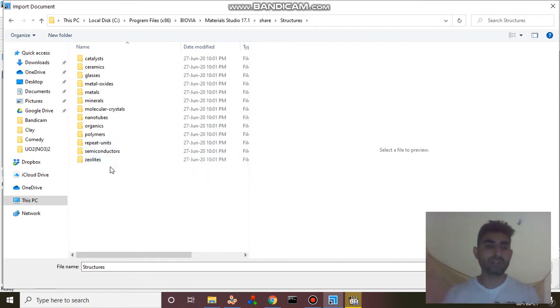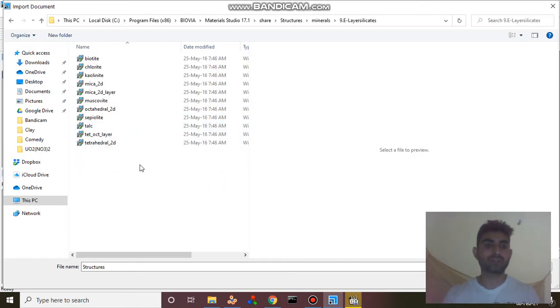So right now I'm just looking at the creation of a system, some aqueous system with some material interface. So I'm selecting a mineral over here. I'm selecting a silicate, for example, there are some layer silicates. So layer silicates, there are a lot of minerals available in the list. I'm selecting